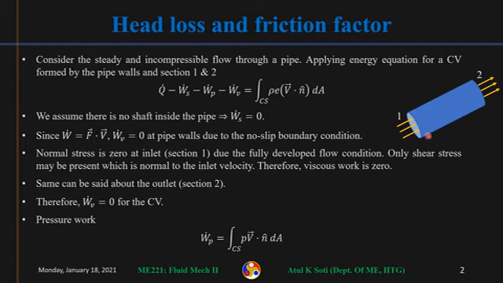Okay, so what is left? This section 1 and section 2. So at section 1, normal stress will be zero if we assume fully developed flow in this pipe. So then del u by del x is zero if u is the velocity along the axis of the pipe. So you may recall, you can go back to that fully developed flow in a pipe. You will see that normal stress, which is mu times del 2u by del x2, will be zero.